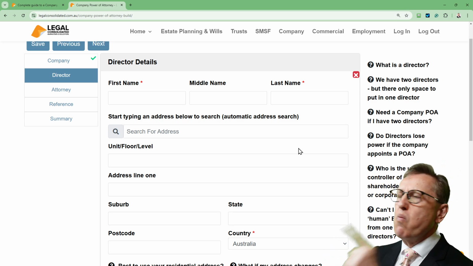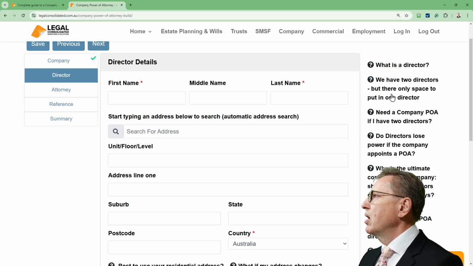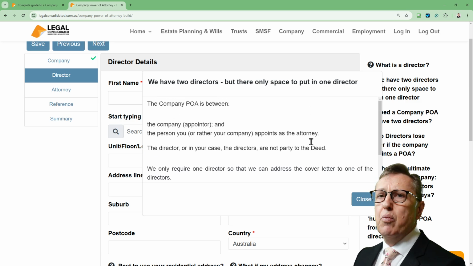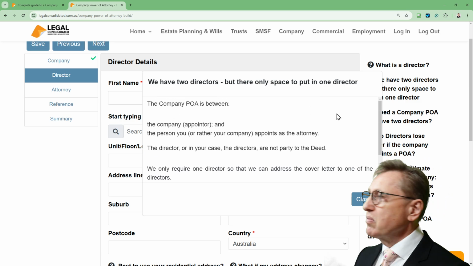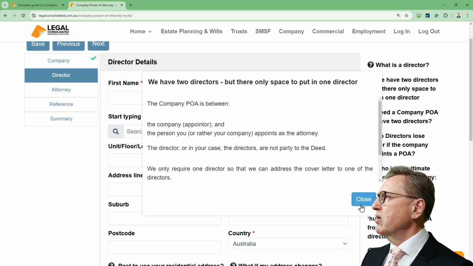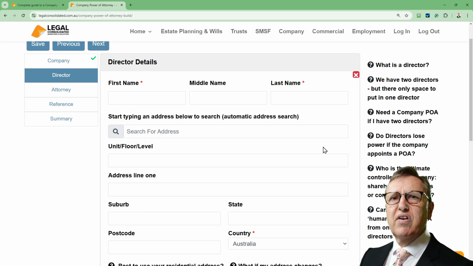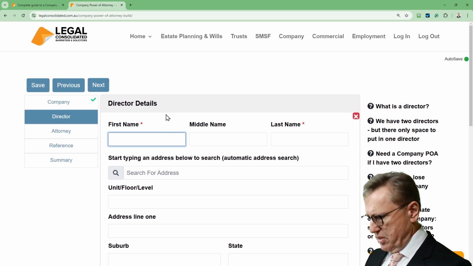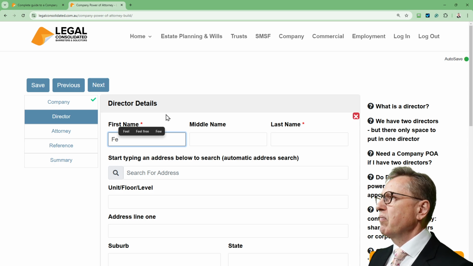We want the name of one director. Now, this person here has 2 directors. Which one do they put in? We don't mind. We don't care which director you put in. We only need the name of a director so that we can address the cover letter, because all our documents come with a cover letter explaining how the documents work. So let's get the name of